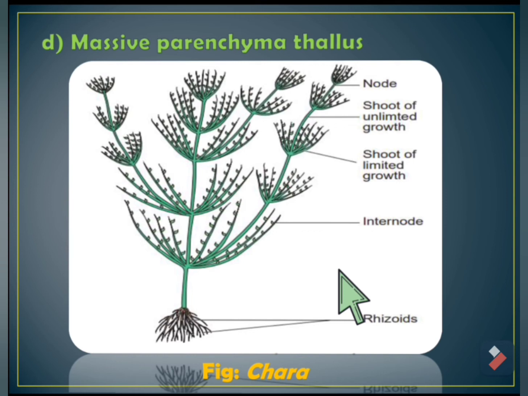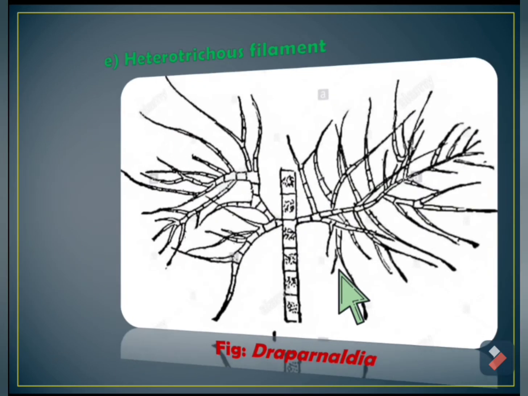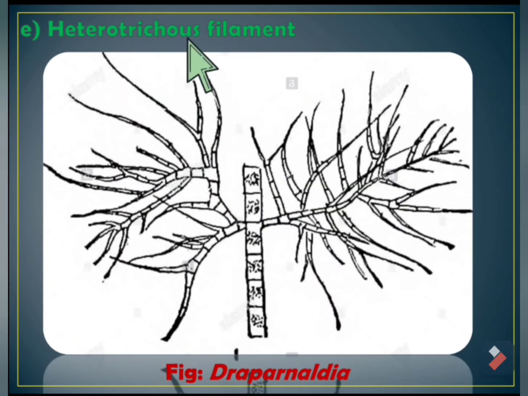And the last type of this category, that is multicellular filamentous thallus, we have here is the heterotrichous filament. In this case, if you remember, just like in Ectocarpus and Polysiphonia, though Polysiphonia is not a green alga, I'm just giving you an example of Polysiphonia where the thallus is